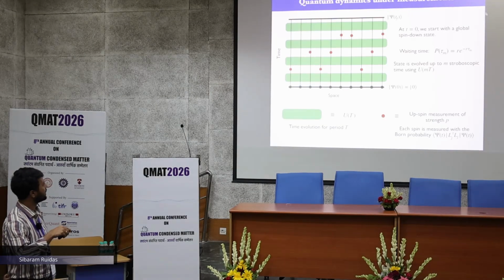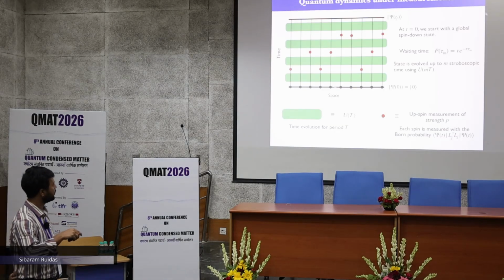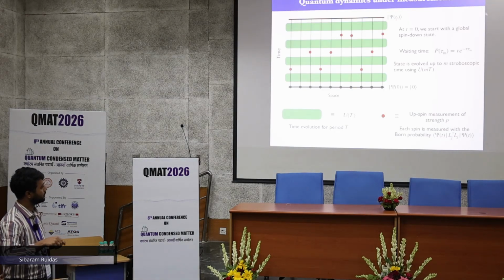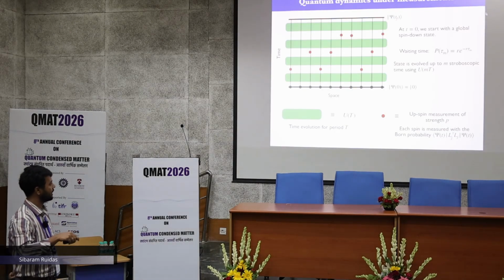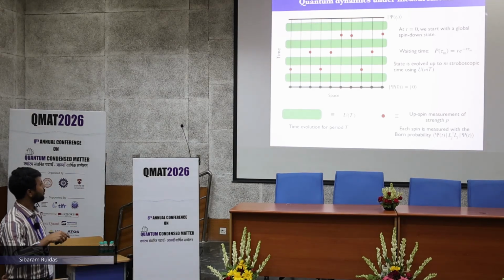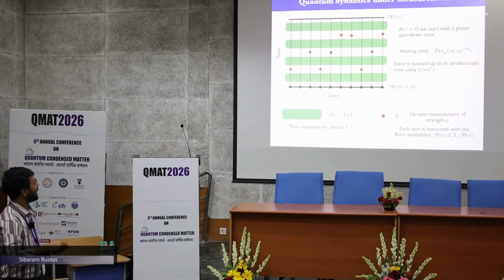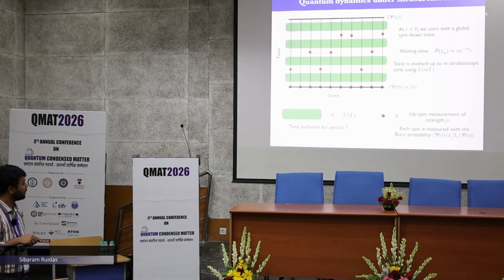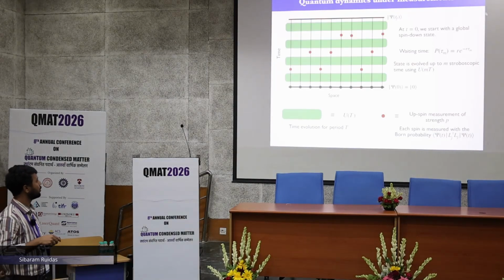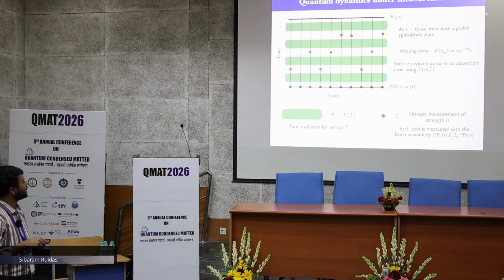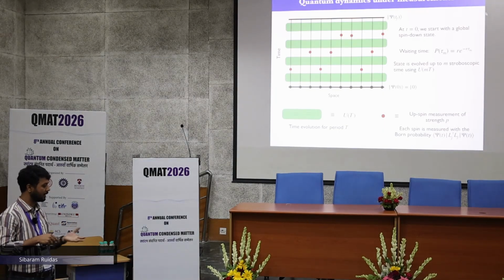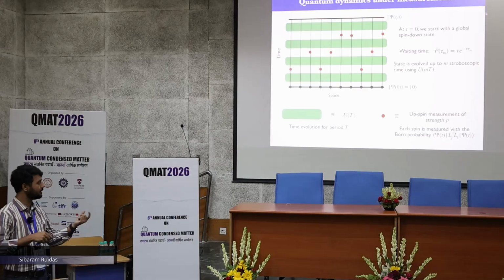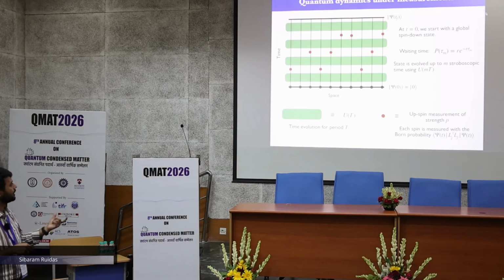So these red dots are given by measurements, which is done with a strength p and with probability given by this bond probability. So what I am doing is that I have an initial state which is an all down state. We can consider a global all down state, and then we are drawing a random number from this distribution, because when you are measuring during the evolution, these events are rare events, and you can actually get them from a Poissonian distribution.